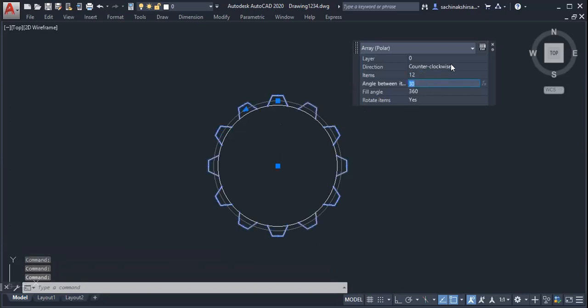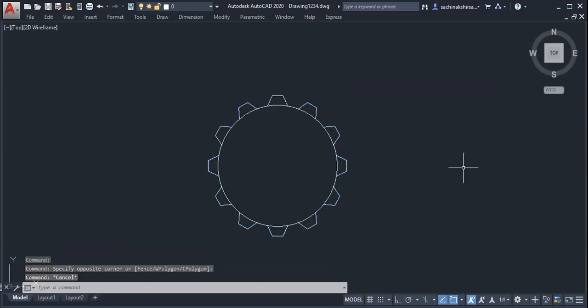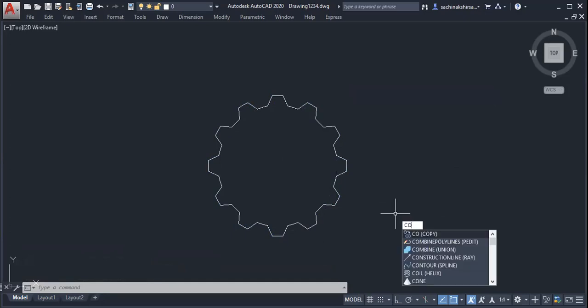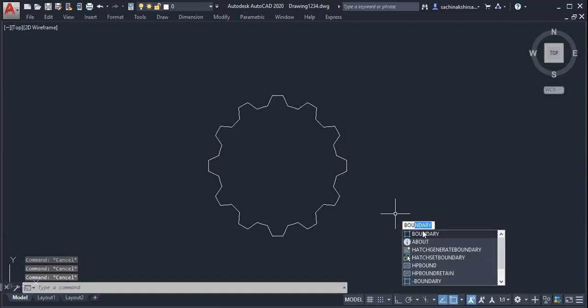Then the inside part you have to cut. For that purpose, the trim command is used, that we will see. So it is cut. Then it is a 2D gear. For this also we can make 3D.